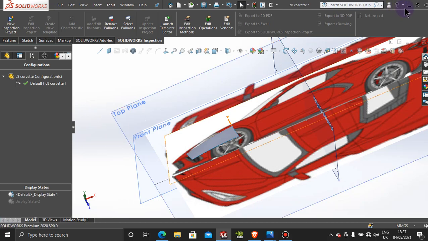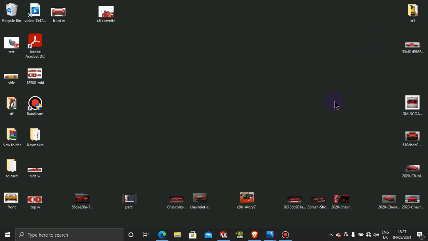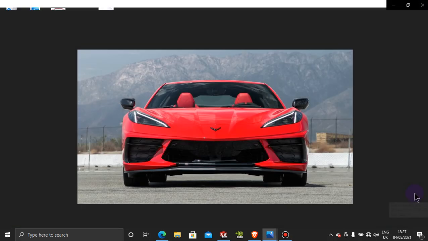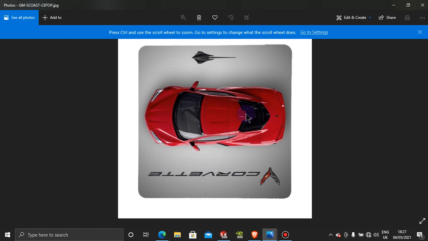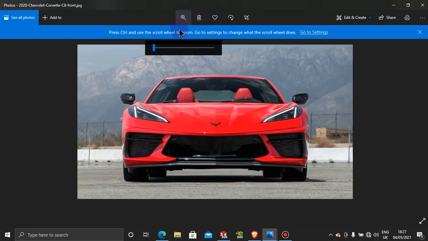However, yesterday I pulled up a few pictures here that we can look at in terms of the bonnet. I was trying to find some high definition pictures to the best of my ability. So if we look at this one here,